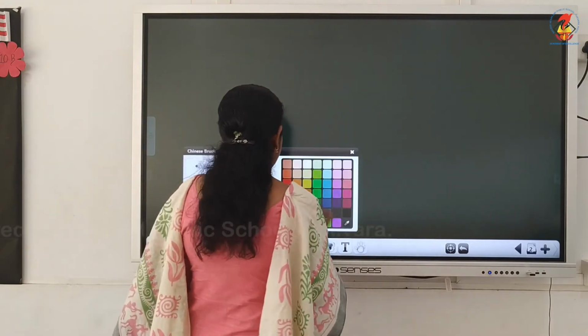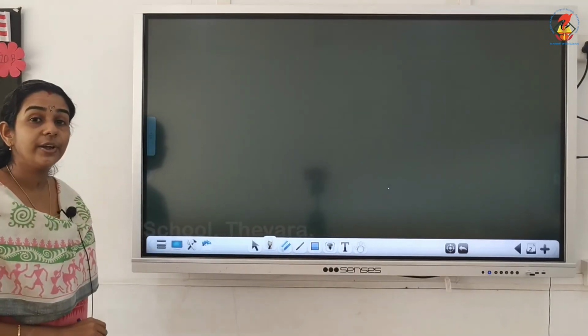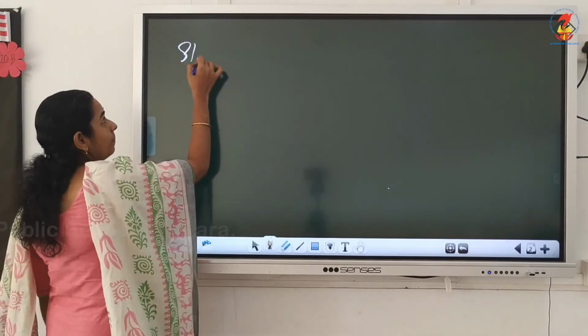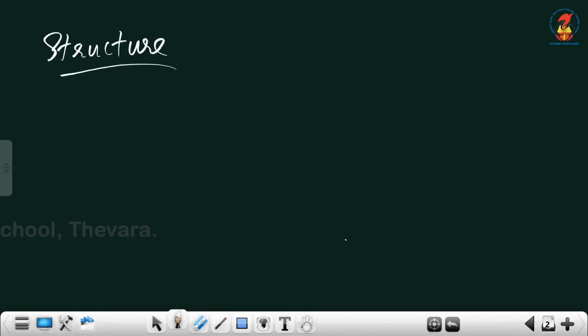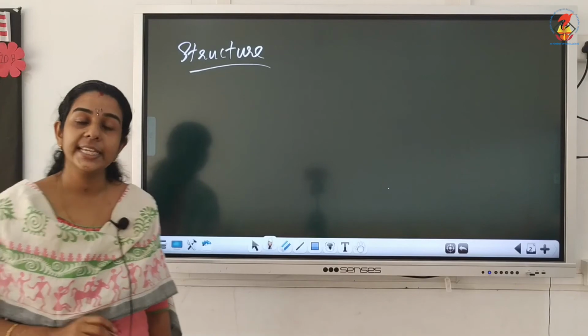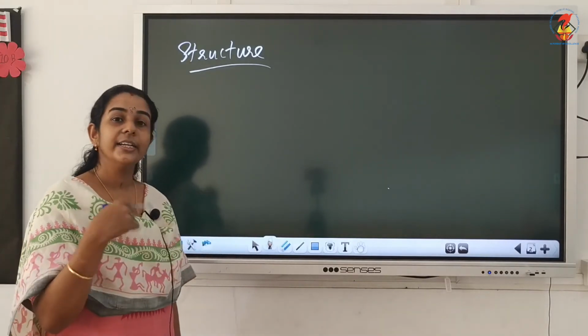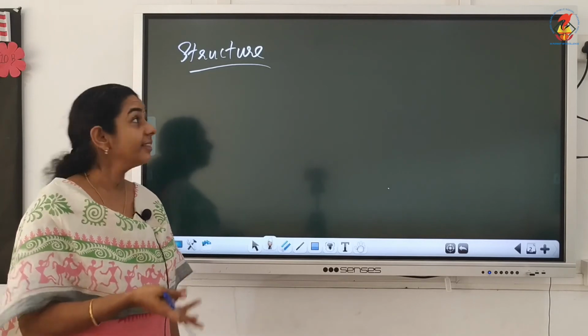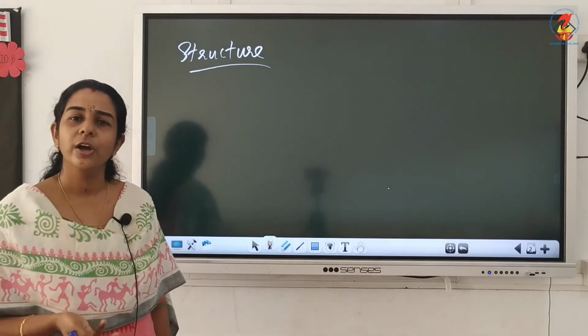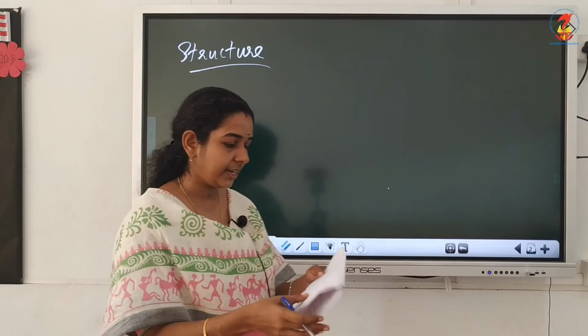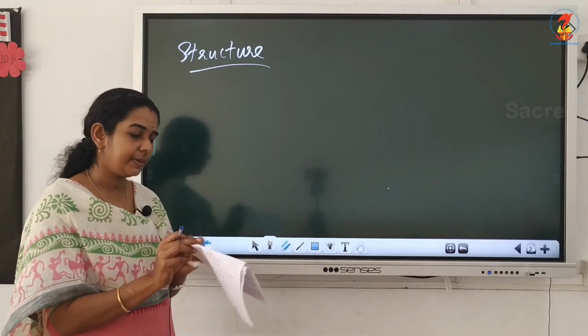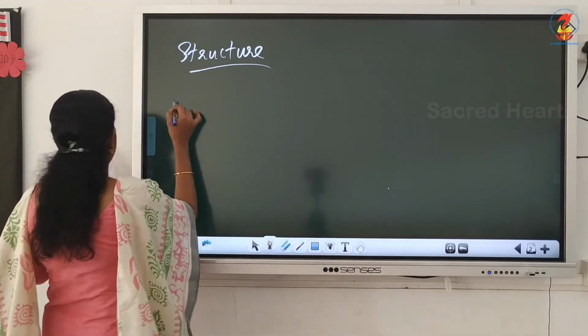Now, next we have how we can write the structure of an organic compound from the IUPAC name. That is very easy to write. We know that writing the IUPAC name is more difficult than writing the structure. Structure of organic compounds, it is easy to write. So, we will see only a few examples. The first one,